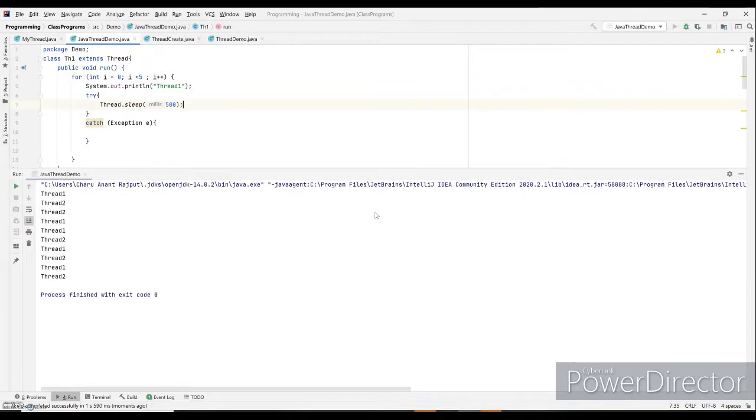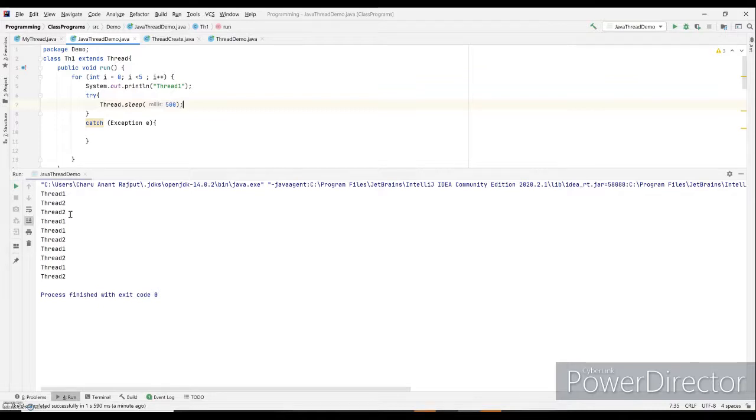It's again seen that there is some amount of clashing between thread 1 and thread 2. It's not occurring in the exact alternate order that we want. You can see that after the second instance of thread 2, again at the third instance thread 2 is being repeated. So this is because the scheduling concept comes into play here. Here, the scheduling algorithms are coming into play.